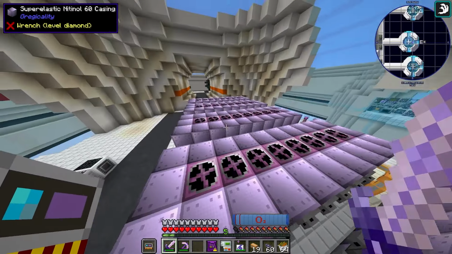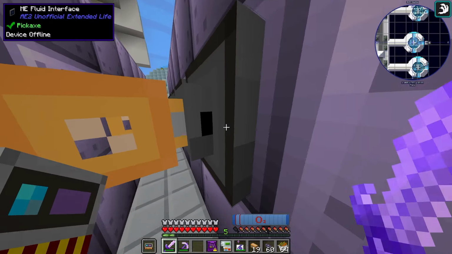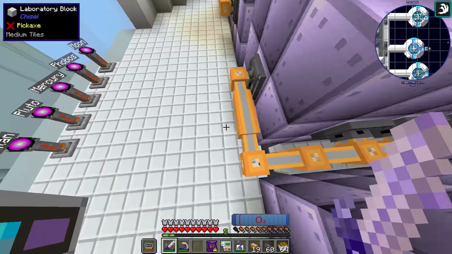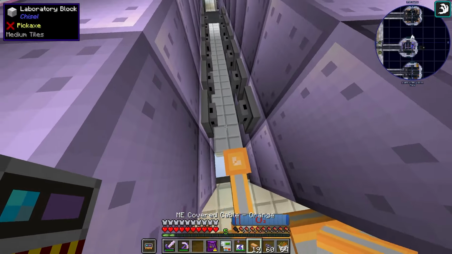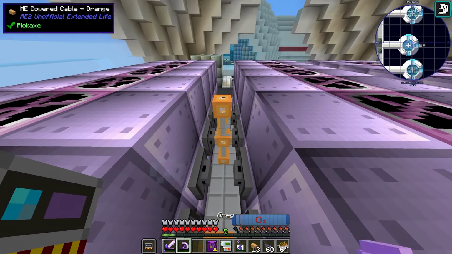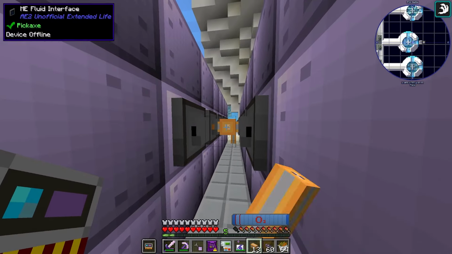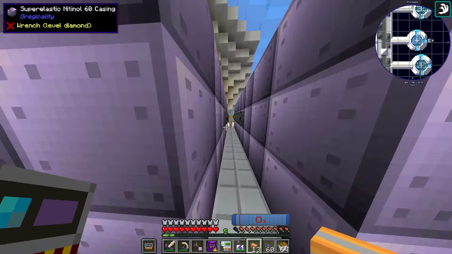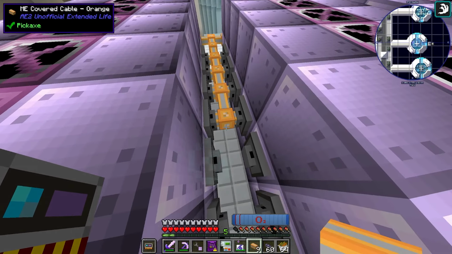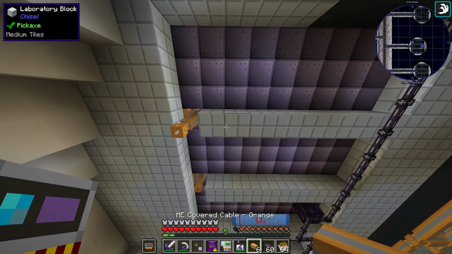Okay, so these are all good. This one, is this one running? No, you are not running. Why? You don't have liquid oxygen. Oh, that's right. These aren't set up at all. Okay, so that explains that. You're good, and then you need to just be set up. Then we can come down here and get these all